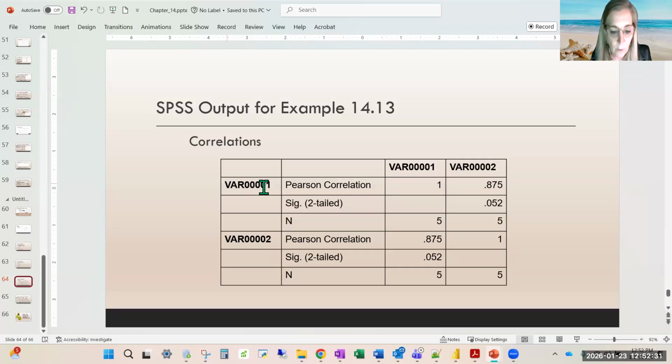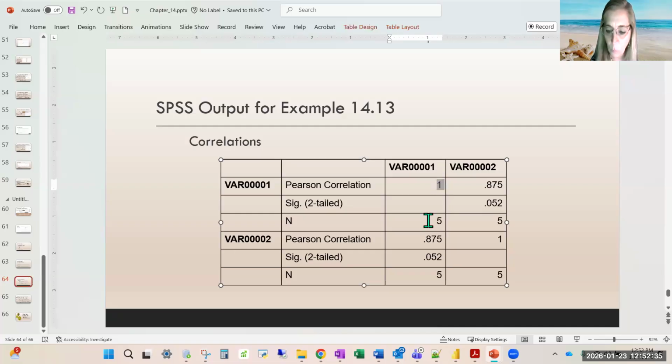So when I compare variable 1 to itself, you'll see it ends up with 1, which makes sense because if I'm comparing a variable to itself, it would have a perfect correlation. When I am comparing it to the second variable, I get 0.875. Well, that's pretty close to